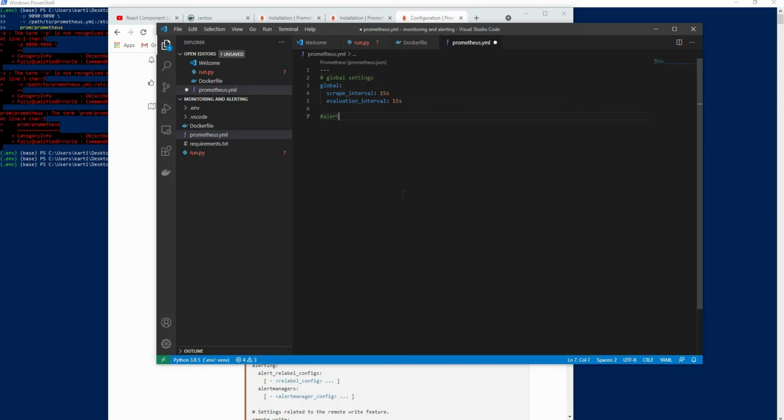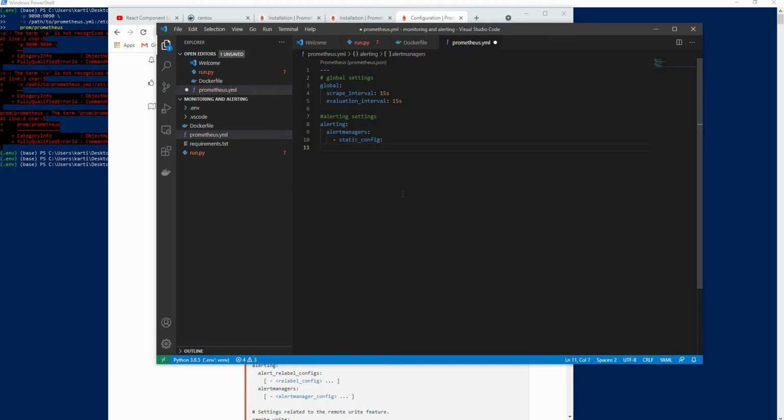Alerting settings. In alerting, I'm giving alertmanagers and we'll give the static config here. So we are statically passing the config. Forgot the space. This will make the list.